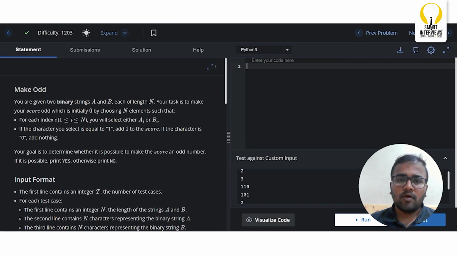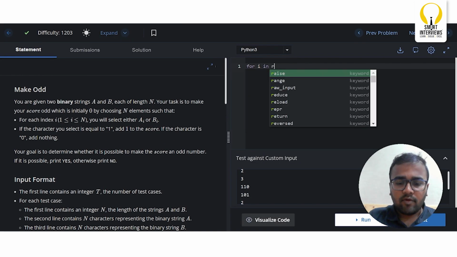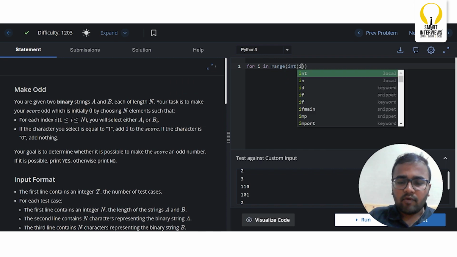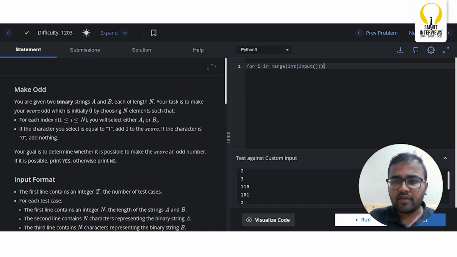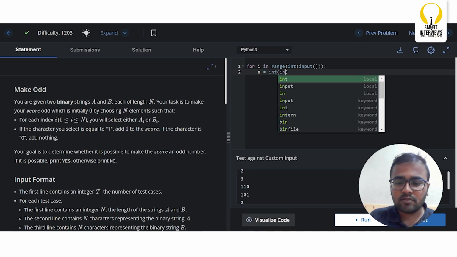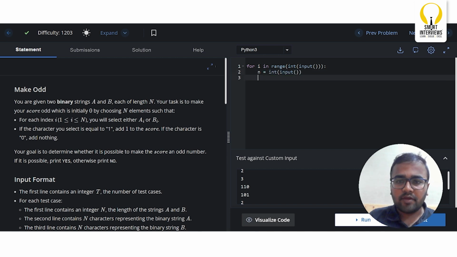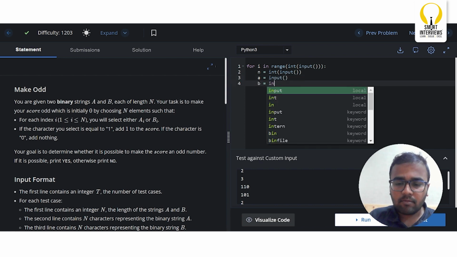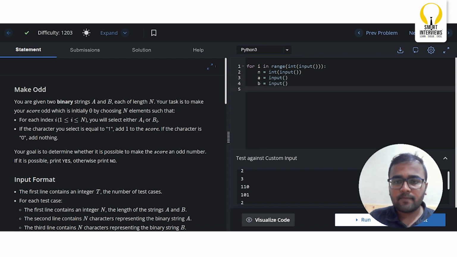According to the input format, we'll read the number of test cases and iterate over them. For every test case, we have the size of the strings, and after the size of the string, we'll read A, then B. Now,